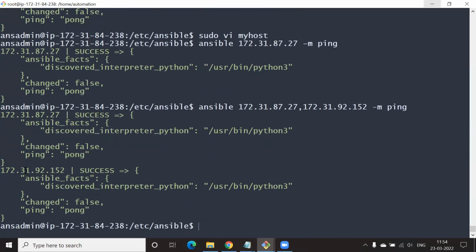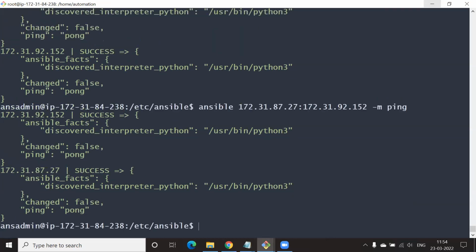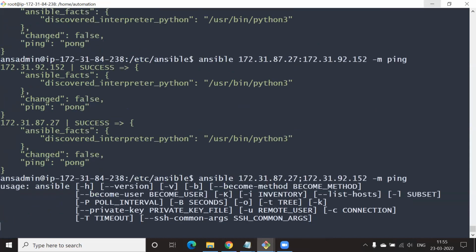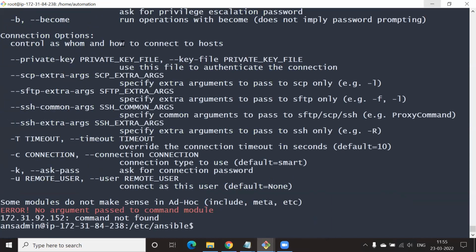Notice the first one is okay. The comma is also working. Actually, the right syntax is a colon, but it looks like it accepts a comma as well. Run it. Yeah, it is working. Cool. Now let me replace the colon with a semicolon, I'm just testing that. Bear with me, sorry about that. No, it is not working. There you go. So in other words, it's accepting comma and colon, something to be kept in mind.